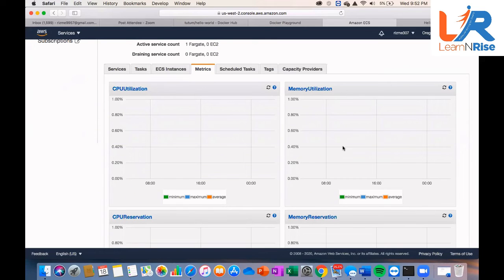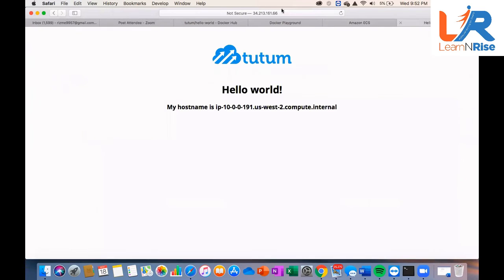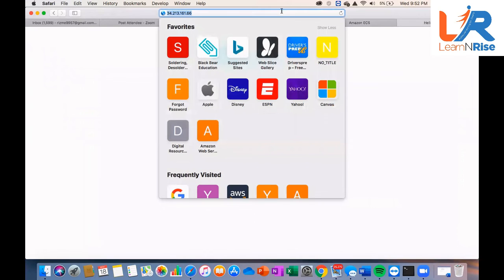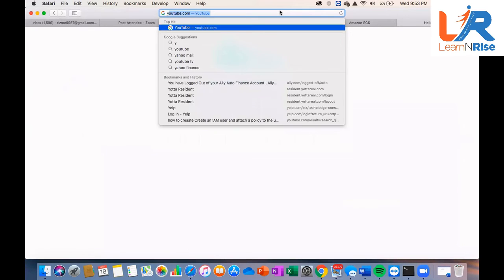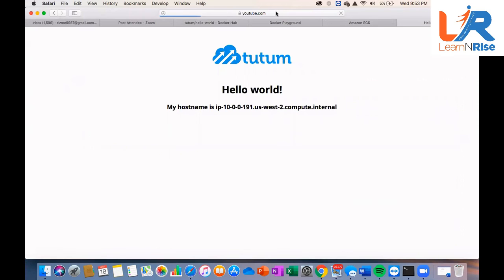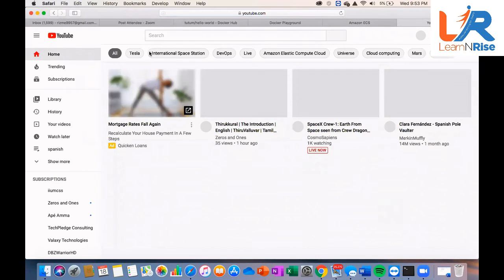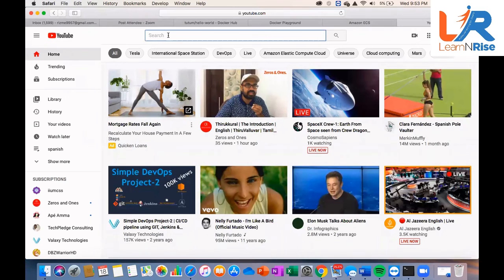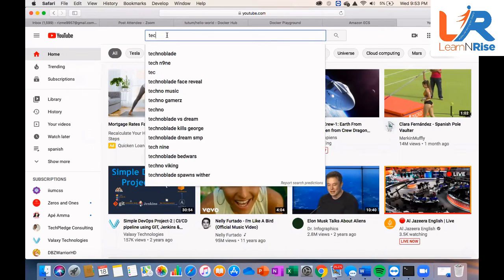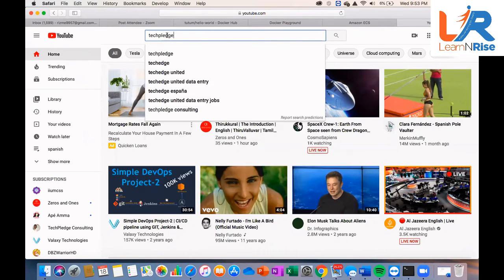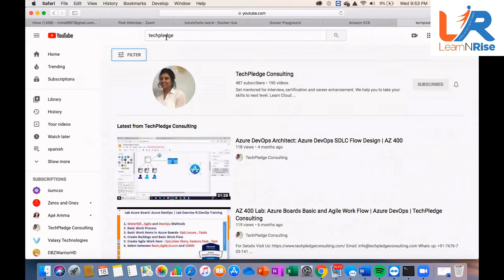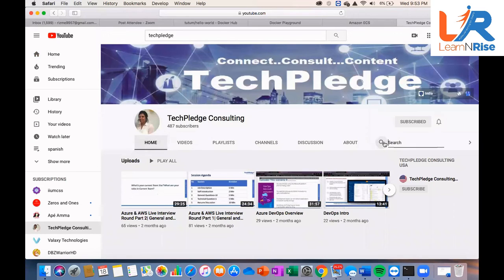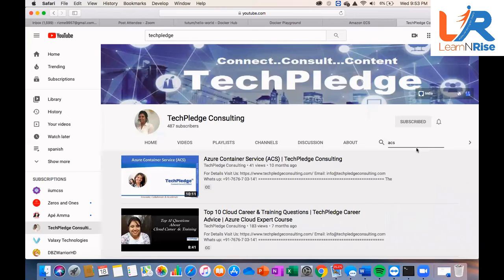Now the same kind of service is also available on other clouds. For that matter, let's say you are on Azure. So let's go to a tech place and just type here ACS.